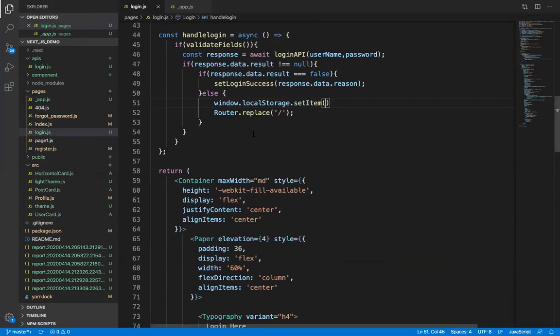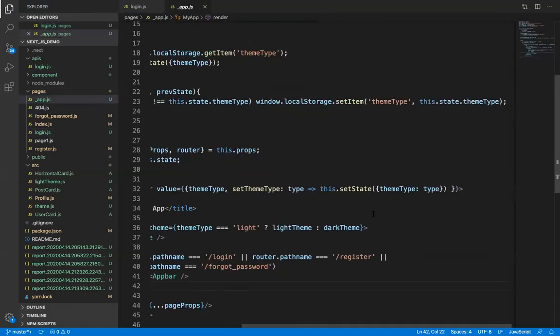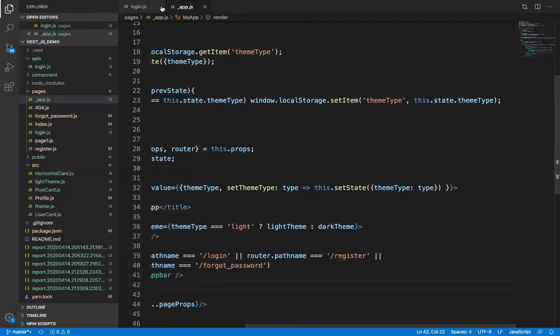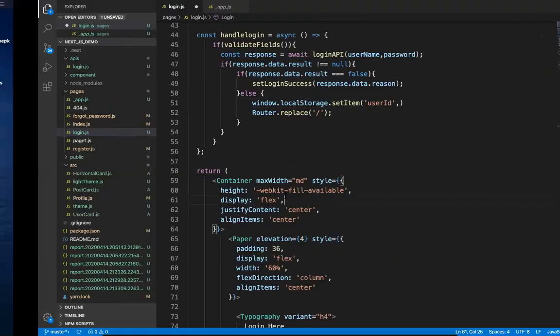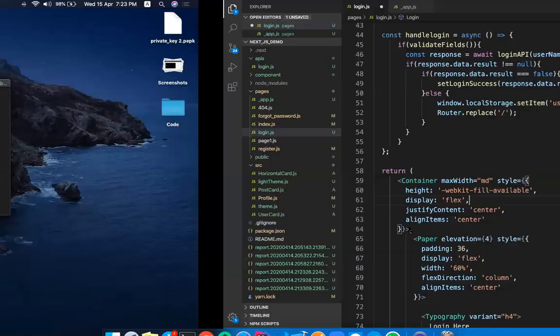Inside it, we have to pass the item and value. I think, yeah, item and value. So what will we pass? The user ID, and we will pass the user. What will we get here,